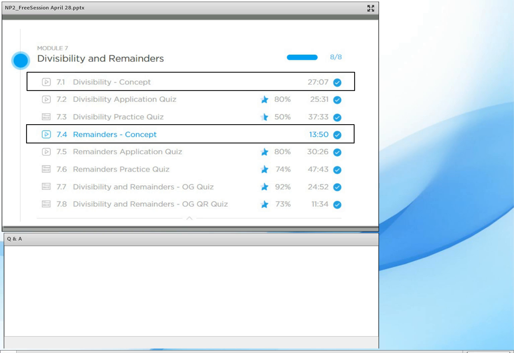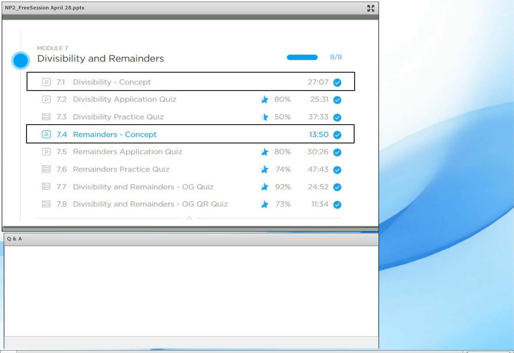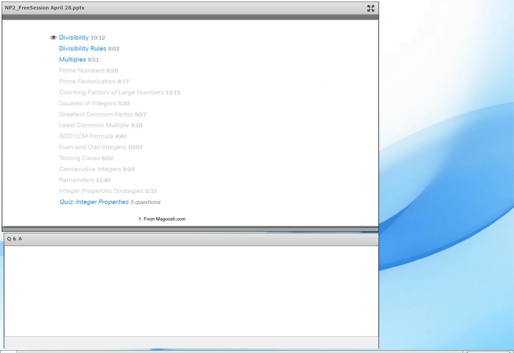Now, before I get to that feedback, let me show you how other courses teach divisibility and remainders. And let me just go back over here. One thing that you're going to notice is the extent of comprehensiveness is a lot more here versus over here. This entire module that you saw on the e-GMAT side was for divisibility and remainders. Over here, you just see 3 files in divisibility and remainders. And the second thing you're going to notice is that there's very little tracking. This time that you see over here is the time of the video, not the time that you spent on